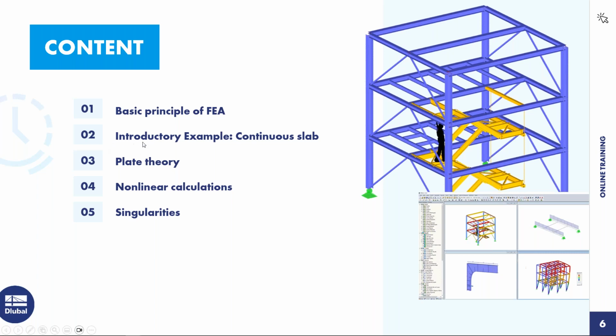Secondary thing is an introductory example, a continuous slab, which you can also model along if you want to, if you have RFEM open right now. We will model a continuous slab, kind of a two-span slab, to see the differences between different mesh settings and also compare it to the basic beam theory. Then I will do some other theory part about plate theory and nonlinear calculations,